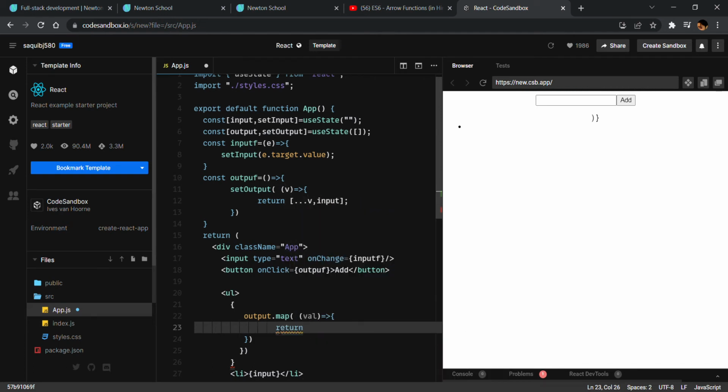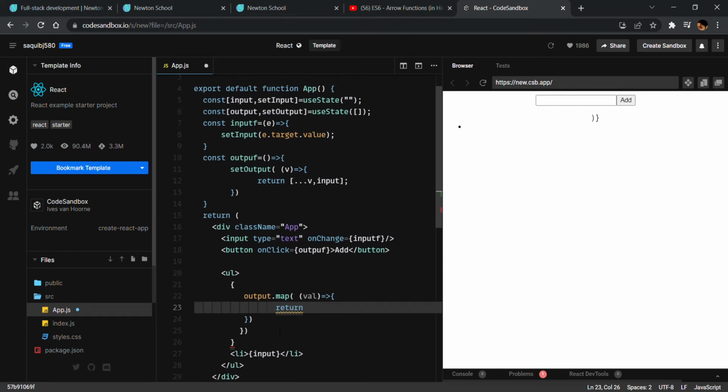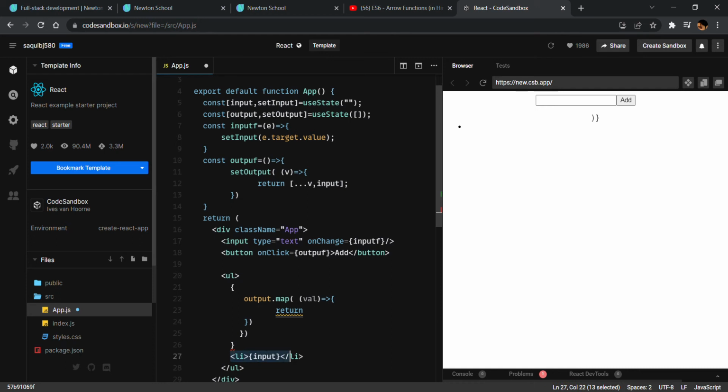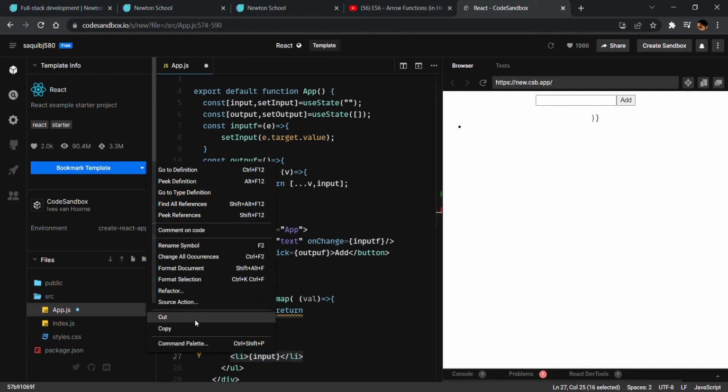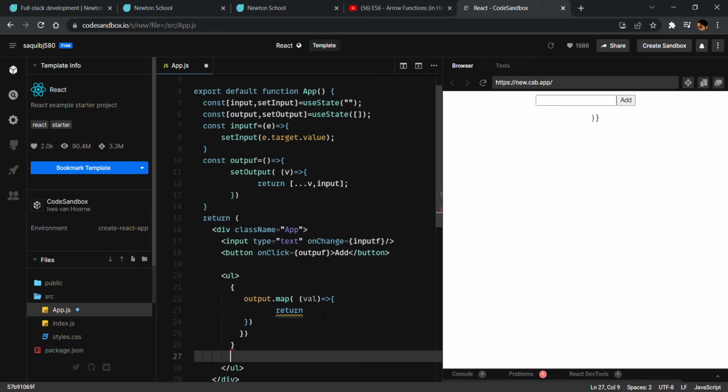So what do I want to return? It will return this list here. So I am cutting this and returning this here, and inside this